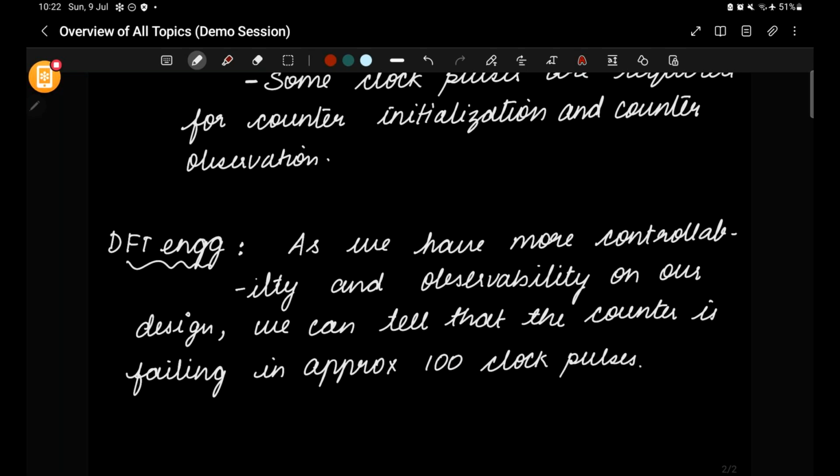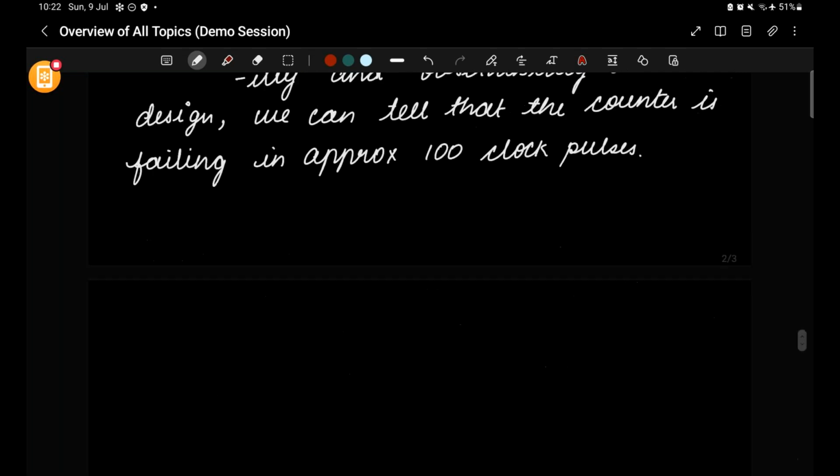Okay, we have gone for scan insertion, hence we have more controllability and observability on our design. So we can tell that the counter is failing in approximately 100 clock pulses. Okay, approximately in the range of 100 clock pulses, we require to tell that the counter is failing. So how, in the above example,